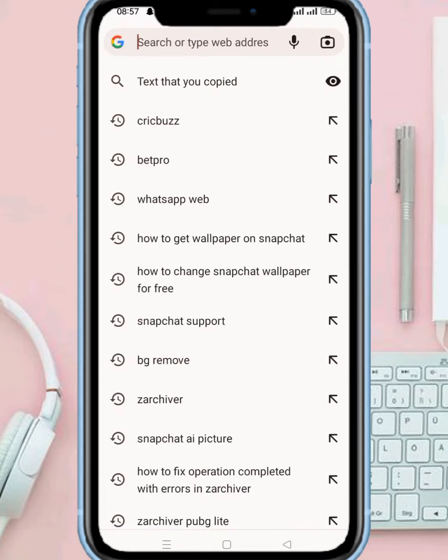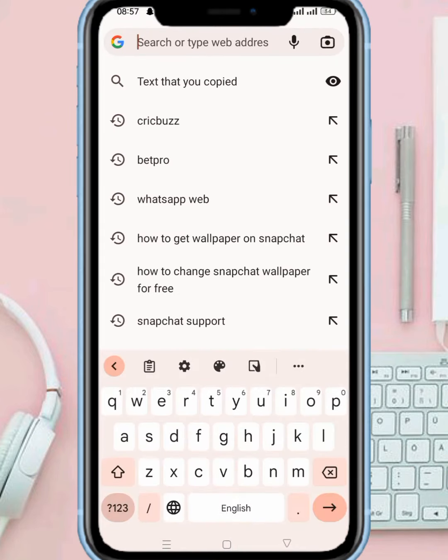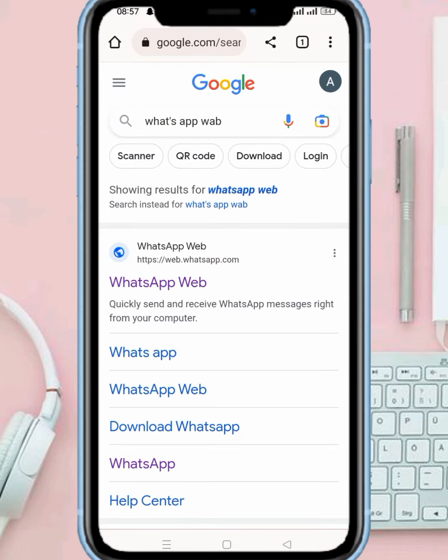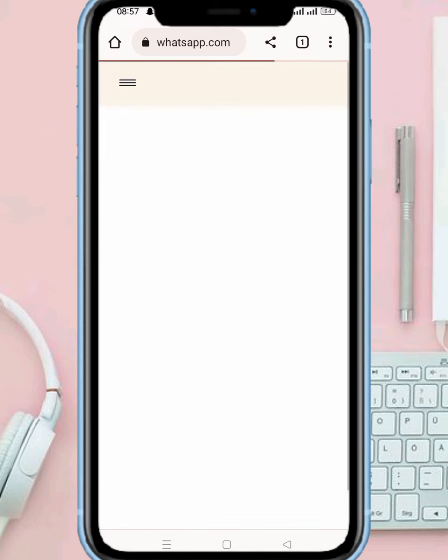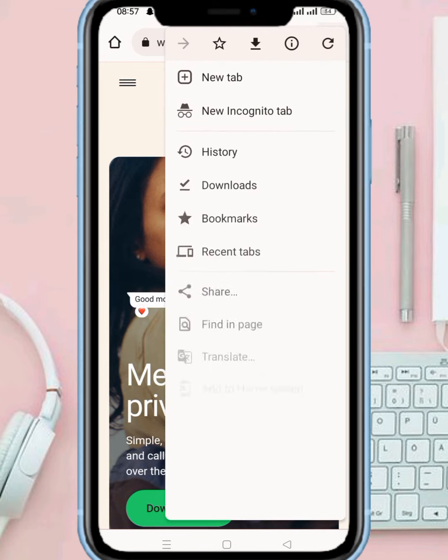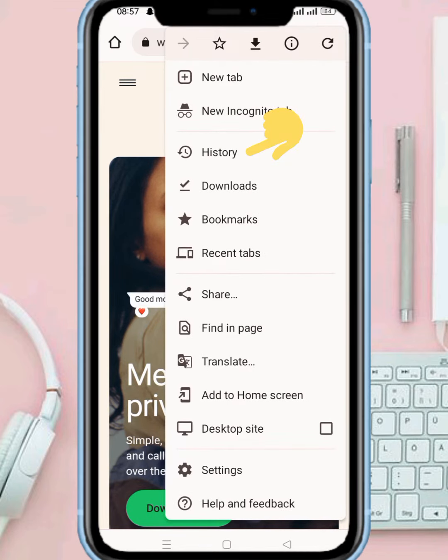and tap on WhatsApp Web. Tap on this WhatsApp Web. You guys can see, tap on this and tap on the first link, and from here what you need to do is tap on the three lines and tap on history,